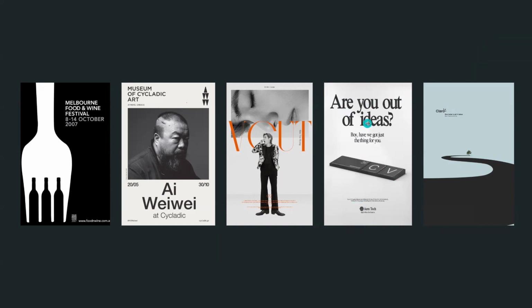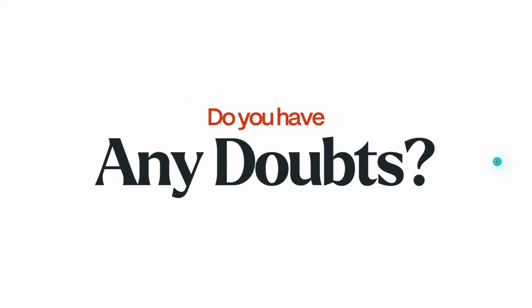So it is easier to look at and easier to read. Here also, they have used very few elements, very little typography, just to convey the message. So this is how simplicity works in graphic designing.